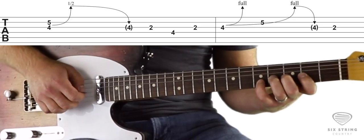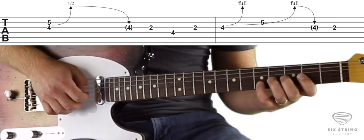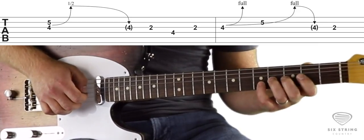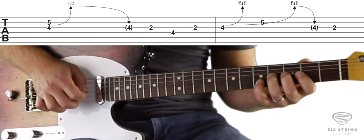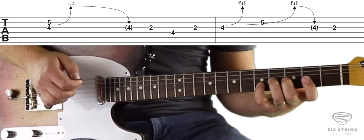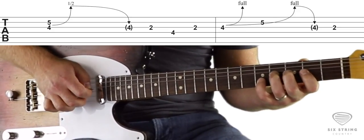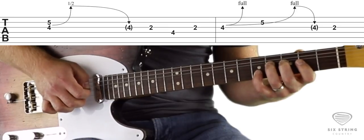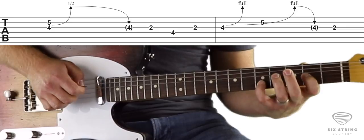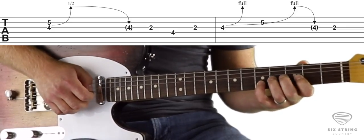This first bend, when we're bending, we need to know how far we want to bend, what our target pitch is. This first bend, the target pitch is a half step right here. Right? And we're picking and clucking at the same time, going a half step on the G string. Then while it's bent, we pick and cluck again, pull off to 2 of G, then 4 of D, 2 of G,